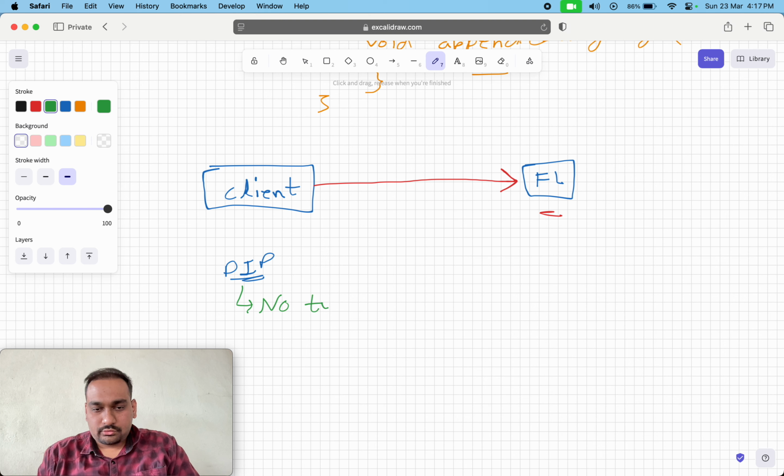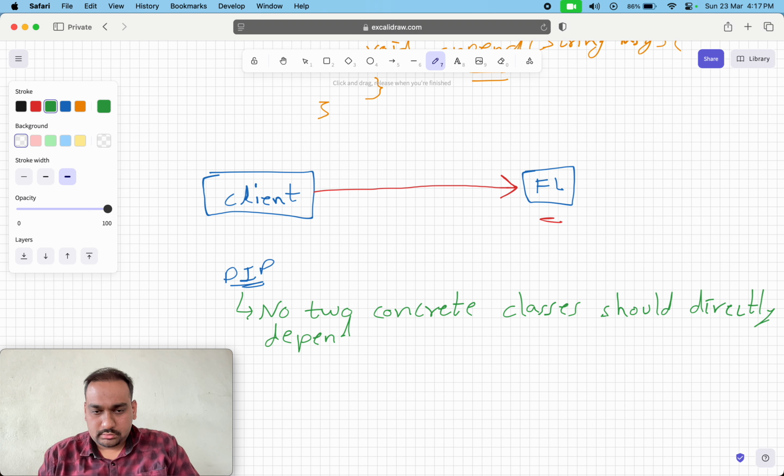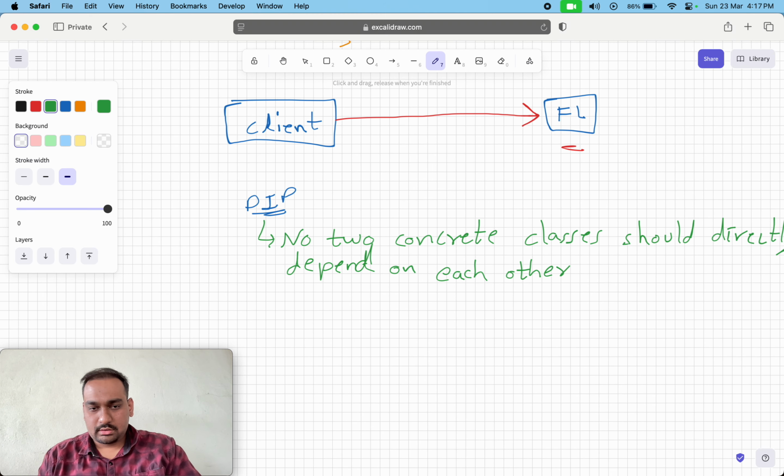No two concrete classes should directly depend on each other. Instead, they should depend on each other through an abstraction. Let me write that down as well. Instead,